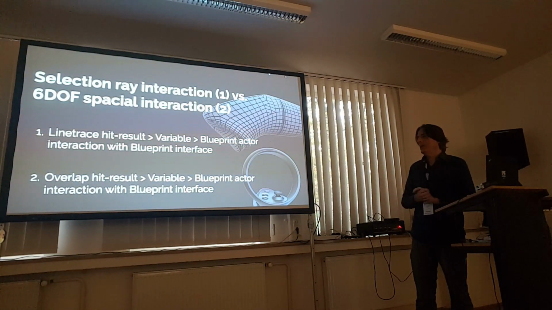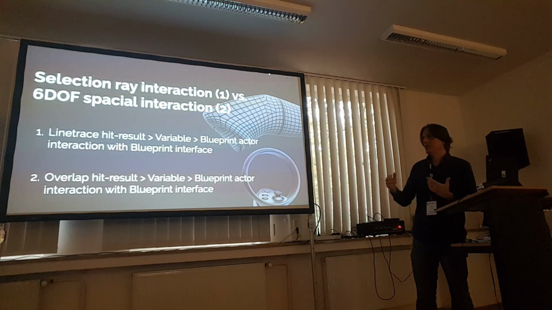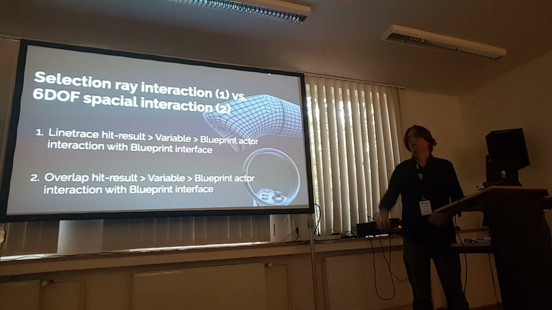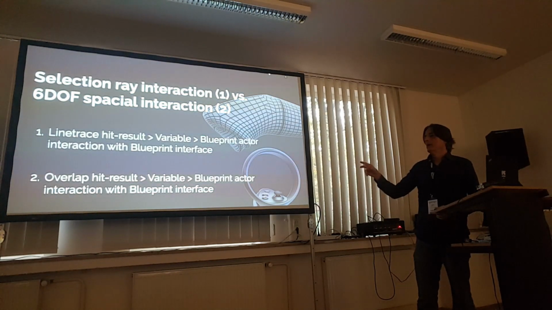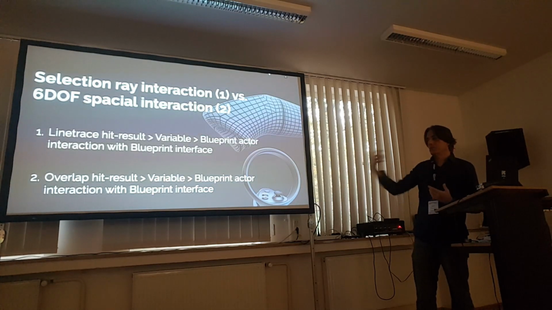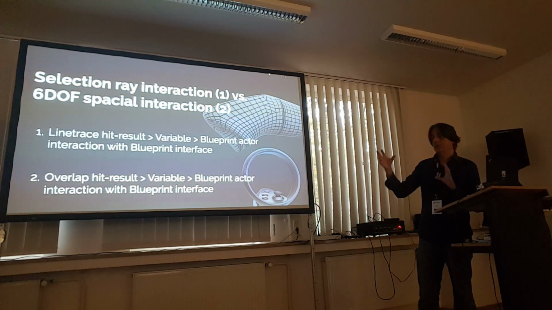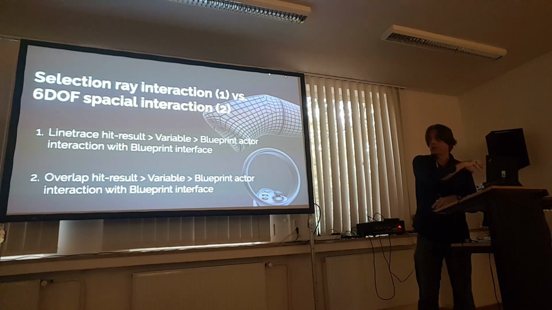But in the end, what that means is they're actually not that different to set up. So if you have a project with selection ray interaction and you want to change it to a 6-DoF spatial interaction, all you need to do is, instead of the line trace hit result, where you store the result in a variable and create the interaction with the blueprint interface, which is what I use in my book,